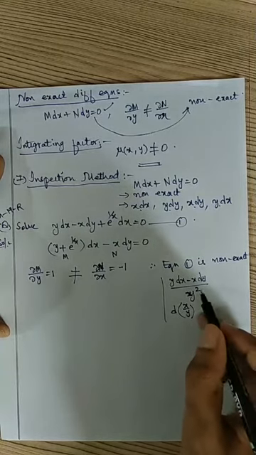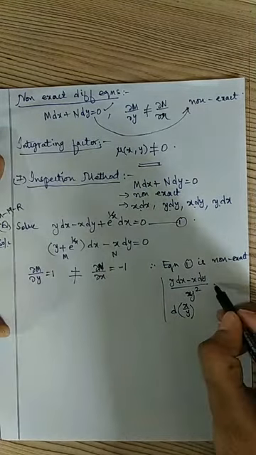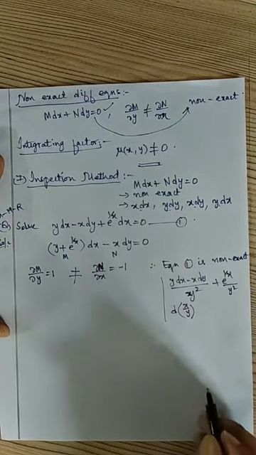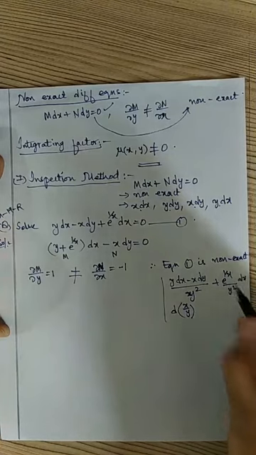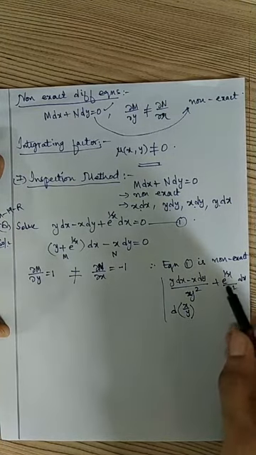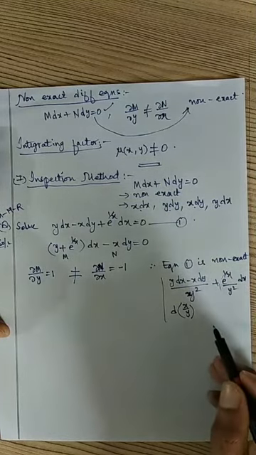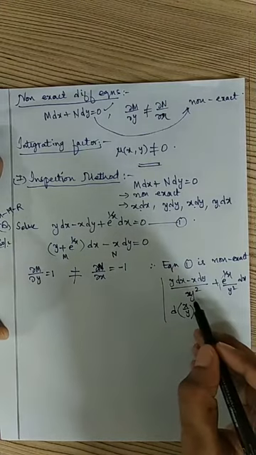So this term is fine. But here what will happen? Here plus e power 1 by x by y square will be there into dx. That we cannot manage because in this already x is there and y square is coming. So we cannot integrate or we cannot simplify this term. So that's why we should not divide this equation by y square.